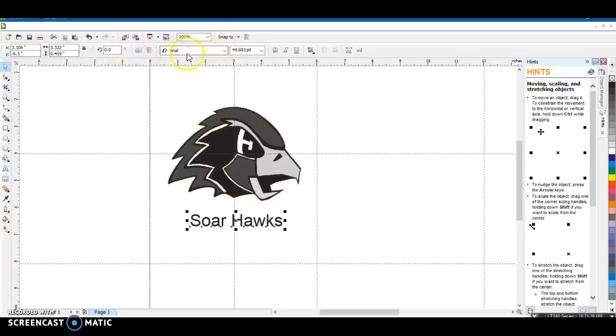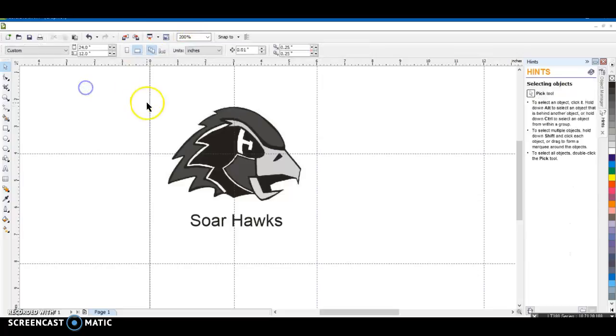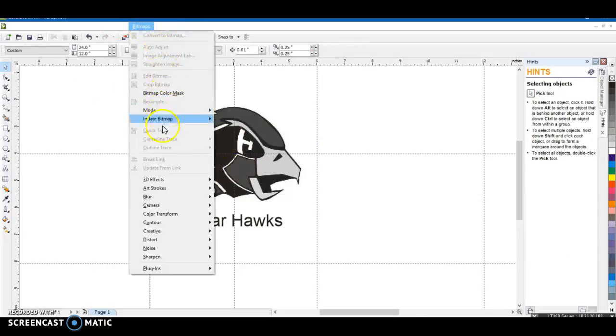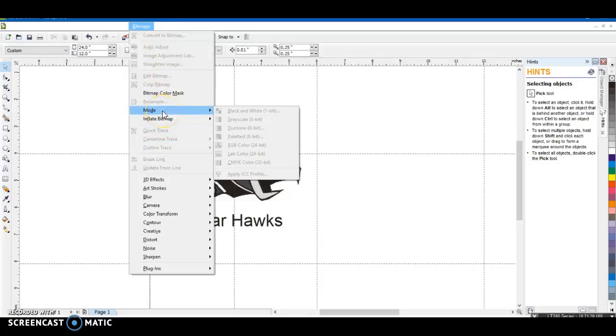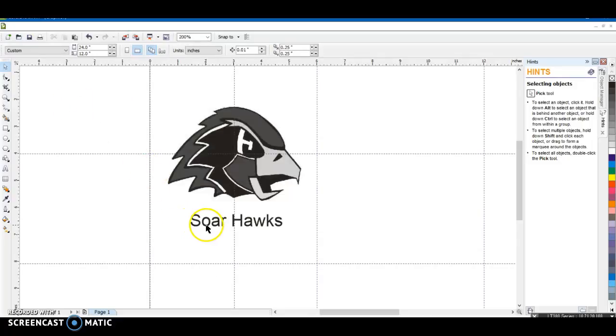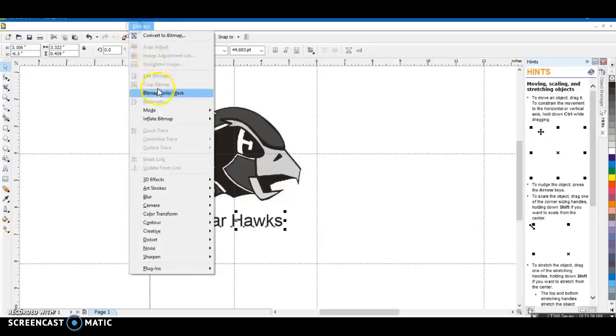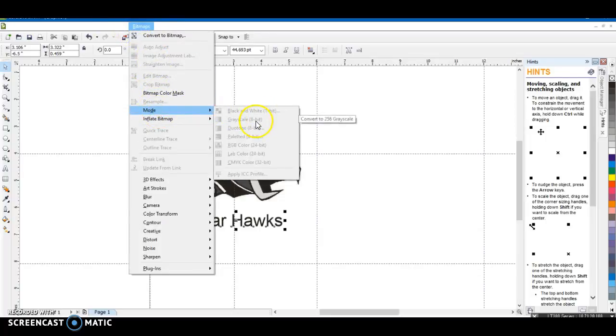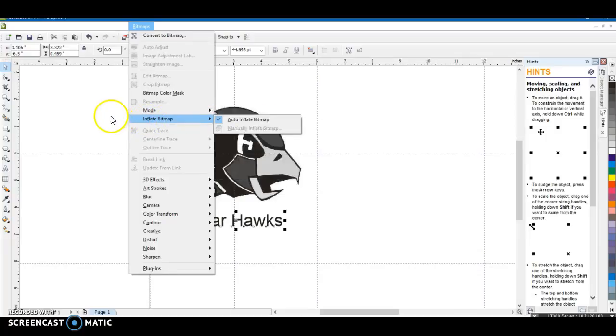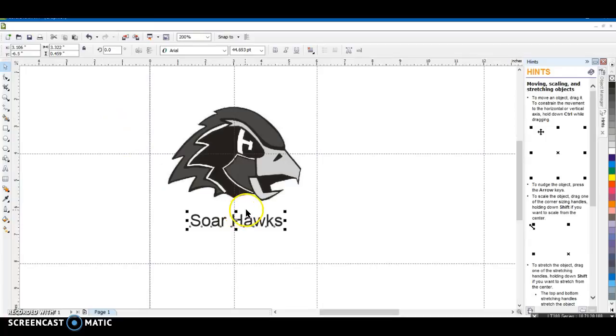Now this is being treated as a bitmap. If I make an adjustment here and I don't click on anything and I go up to bitmap mode, nothing will actually show up. So I have to click on this or that to make sure that I have something to adjust. Okay, go here, go mode. This one is not going to show up because it's already black. It's in a 2-bit bitmap already. It's not required. However, we still need to adjust and change